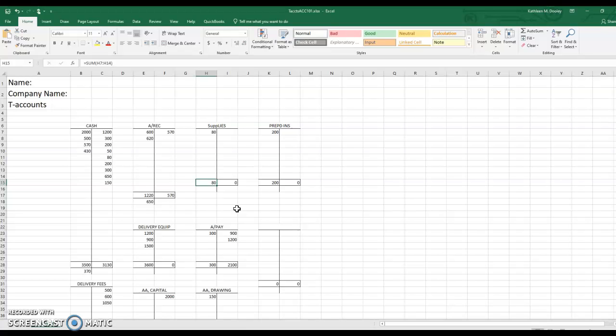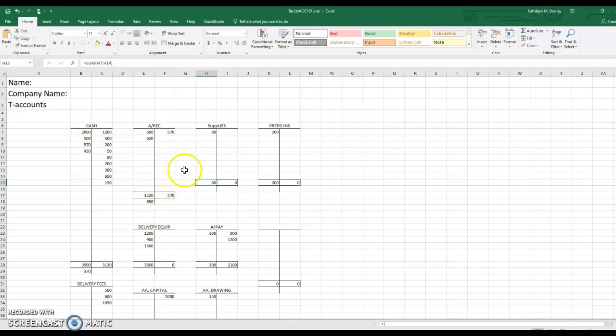Now, if you're using the T accounts and handwriting on them, remember, of course, that you will have to do these footings. You'll have to add each column and get the debit and credit footings before you can get the balance. All right, so we had already calculated $370 is the debit balance of cash,